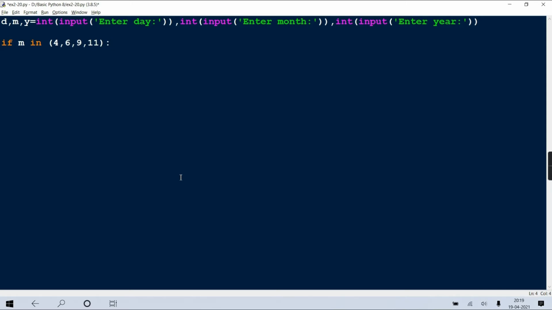That is the benefit of Python. Now same thing if you do it in C, you'll write m equal to 4 or m equal to 6 or m equal, or if you are in C only but using switch case, or Java switch, you'll use fall through concept like case 4, case 6, case 9, like this. I'm sure you would have done this way, and case 11, and then the common code. Means this whole code will be for all these 4 cases. Right? So such thing is not needed.